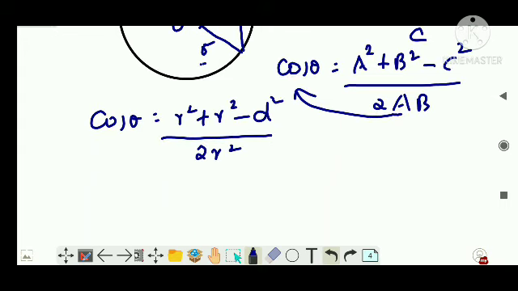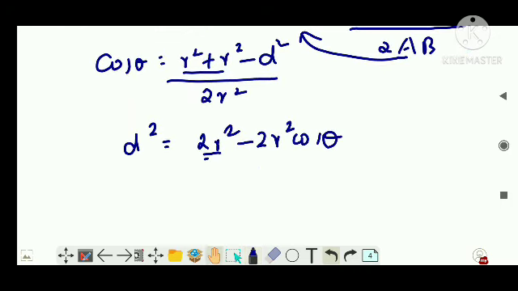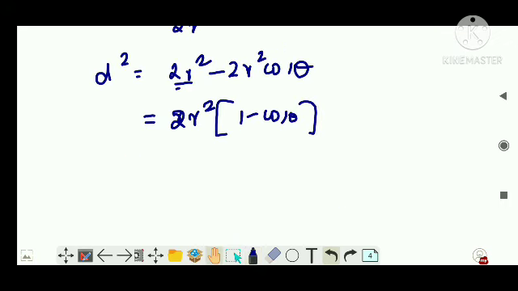So I can write d squared is equal to 2r squared minus 2r squared cos theta, since r squared plus r squared is 2r squared. Now if I take 2r squared common, it becomes 1 minus cos theta. And that is something you have to know in your